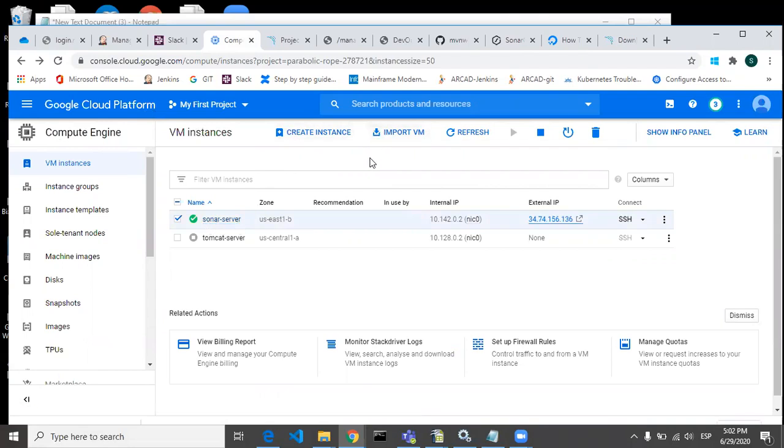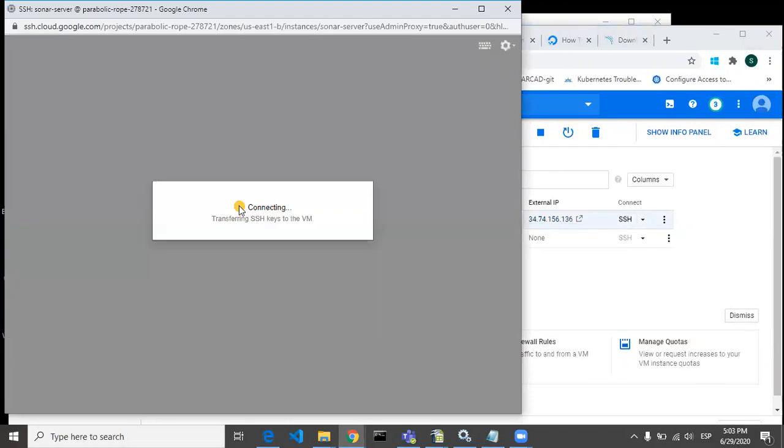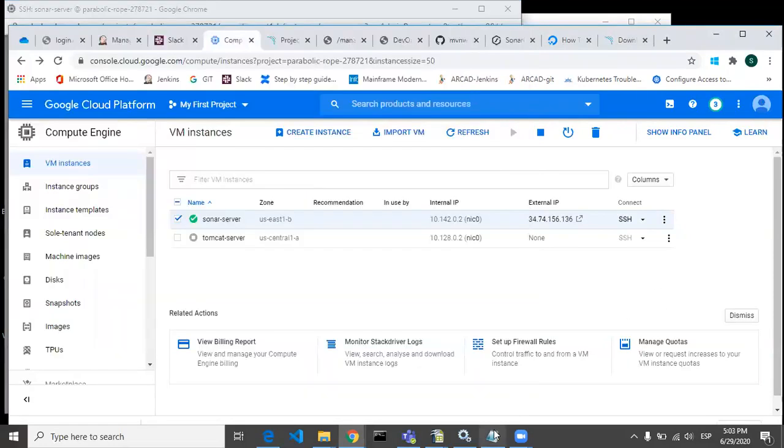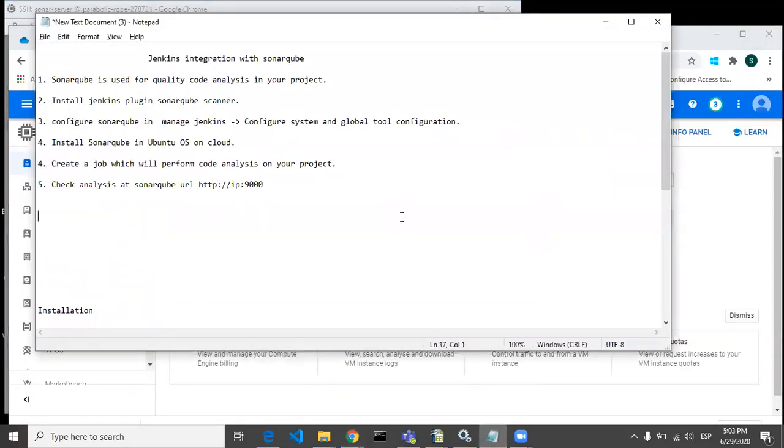How to create an instance and everything, I already covered in earlier parts of my tutorials, so you can refer to those and create your virtual machine like this. Once this is created, you just SSH into your machine and follow some of the steps.